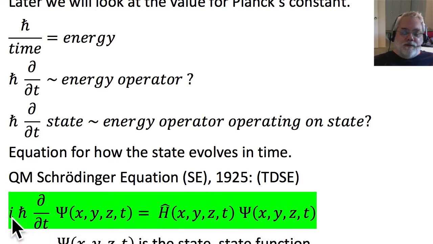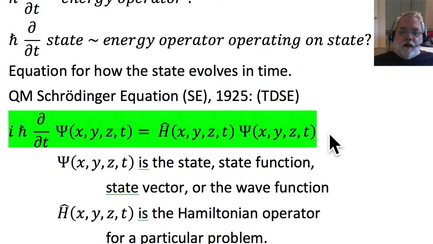There's only one extra thing, this i. i is the mathematical imaginary number, square root of -1. Can't explain today why it's there, but it is there. It has to be there. It has no units, so it did not violate our logic. And we can't explain why it's there, but it is there.